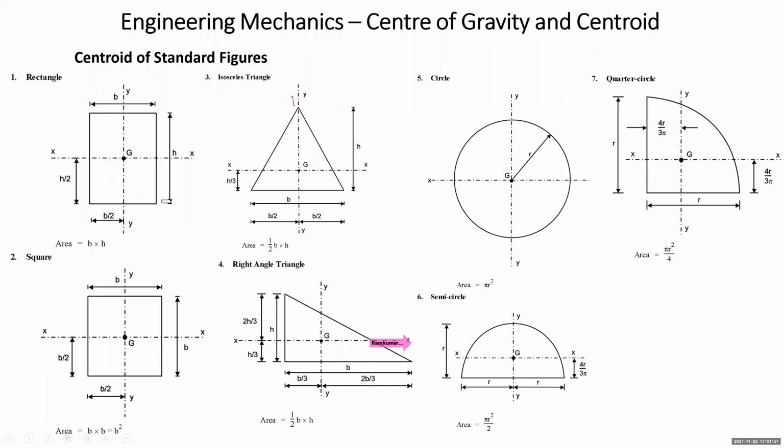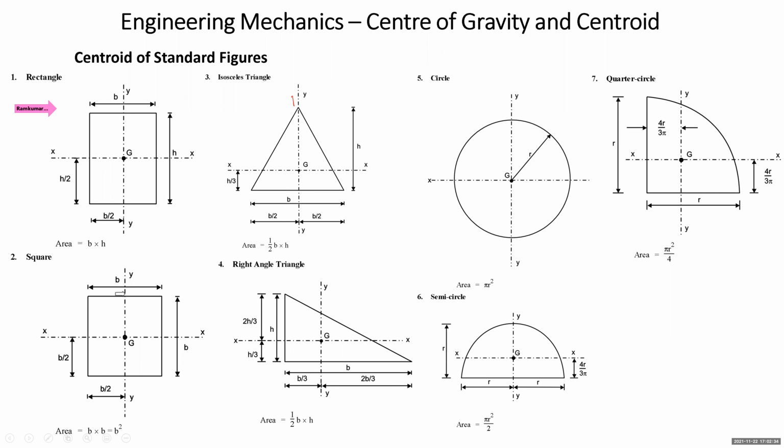The given composite area will be split into simple areas, and then we will apply the formula x bar is equal to summation ax upon summation a, y bar is equal to summation ay upon summation a. Commonly, we come across these standard figures for our application. First is the rectangle. Can you see that? Rectangle has base b and height h. So where will be the centroid of that? Using common sense, you can understand the centroid or center of this figure will lie at mid width and mid height. So it is b by 2 and h by 2.